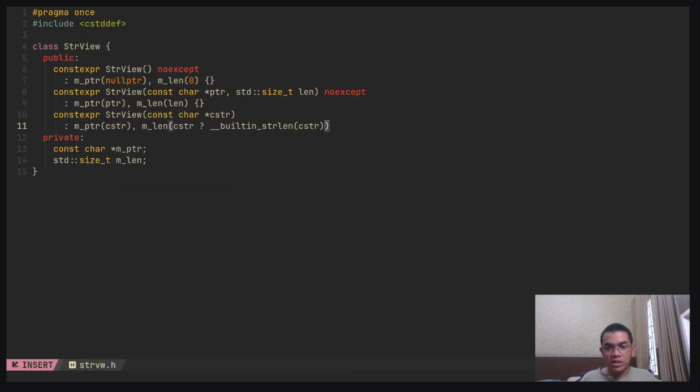Holy cow. C string 0. So if it's a C string, I'm gonna use builtin strlen of the C string. If it's not, it'll be 0. That's actually very simple. So for the length, I will check whether it's a C string or not. If it is, I will take the length of the C string. If it's not, I will